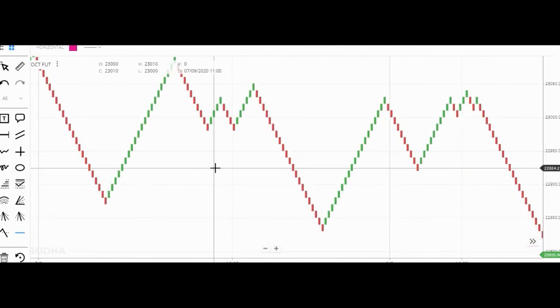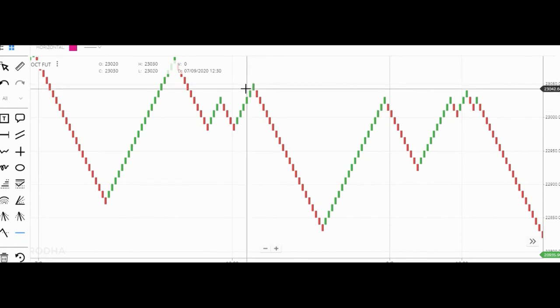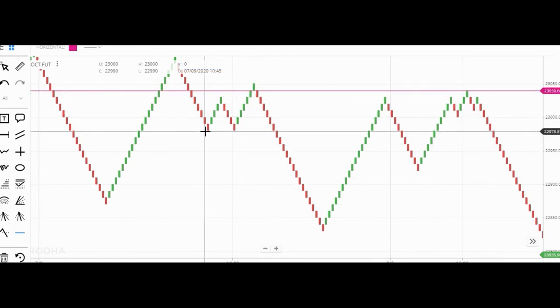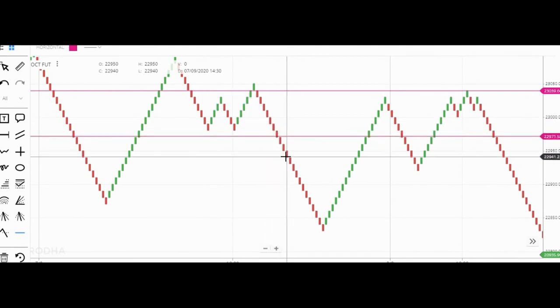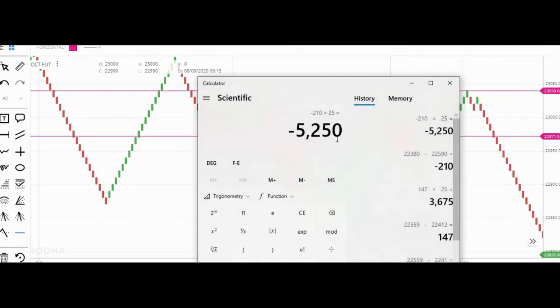See here the stop loss getting hit. See here it is looking like W pattern. Suppose we have bought it here, so it is coming down, this is the stop loss. So somewhere here the stop loss got hit. The entry is at 23,039. Because this is W pattern, we have taken a long position. We have bought the October futures.